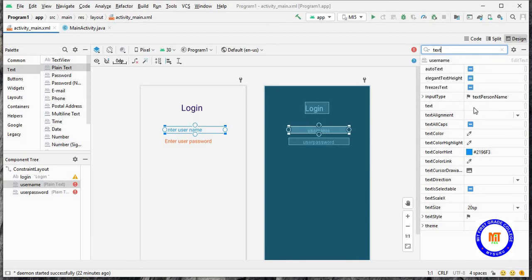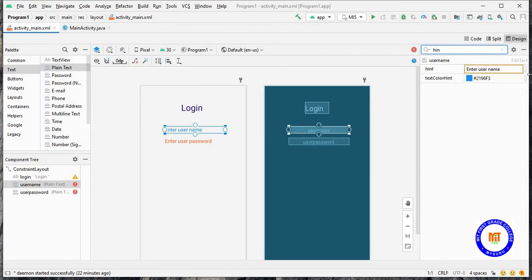So for that purpose I made the text empty. If you type something in the text, only that thing will be displayed during the execution. It won't display the hint. That's why you have to remove the text. And for hint I have given enter username, and I have changed the hint color.